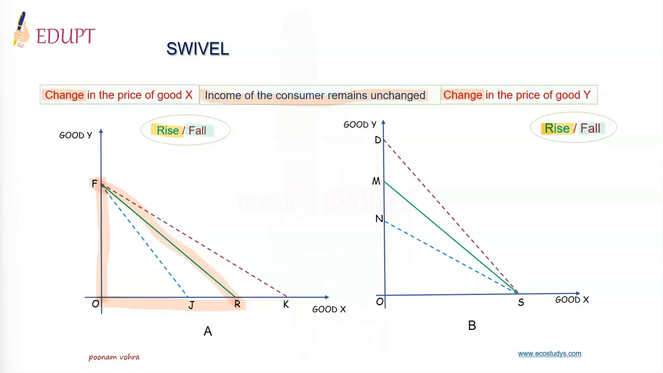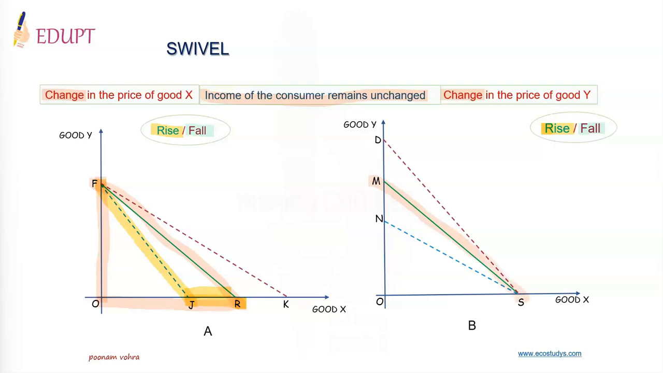With rise in the price of good X, less of good X will be purchased, but quantity of good Y purchased remains the same, and hence there will be a swivel of the budget line towards its left, and decline in quantity purchased of X is from OR to OJ. And if there is rise in the price of good Y, less of good Y will be purchased. The initial budget line is shown by